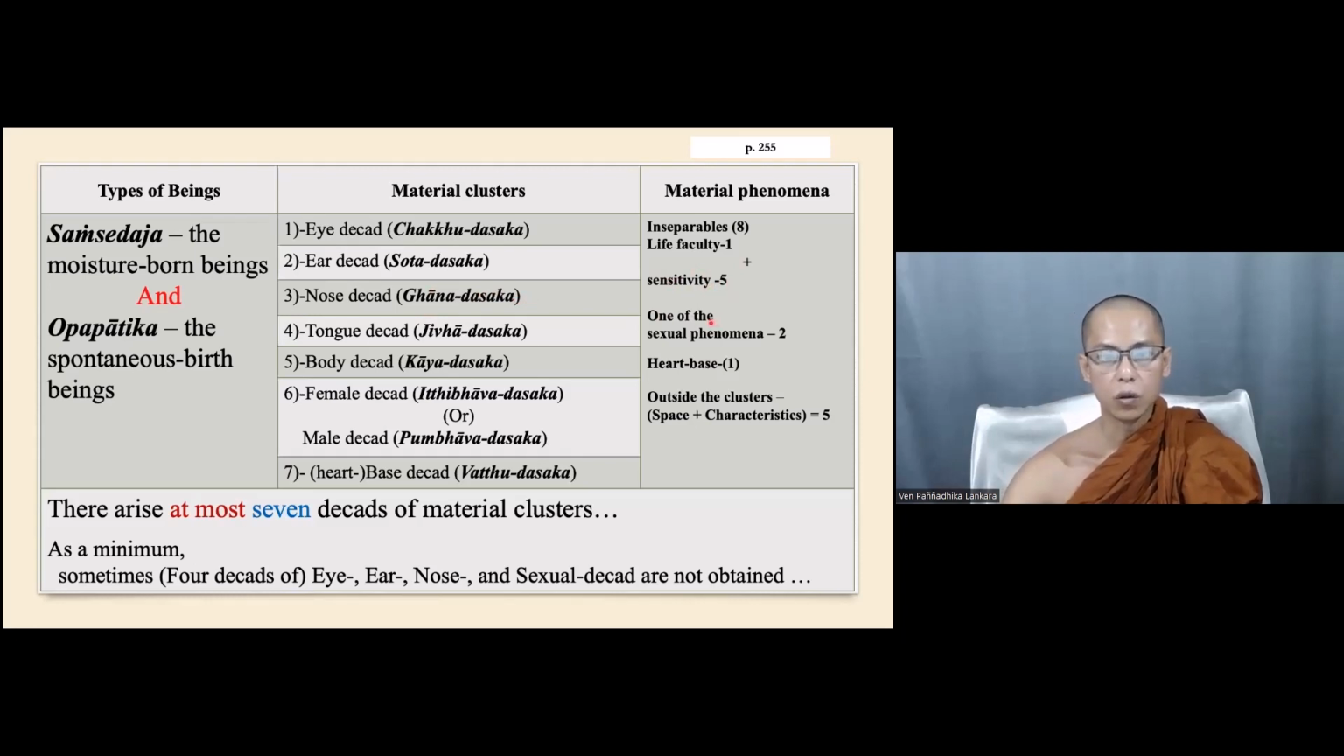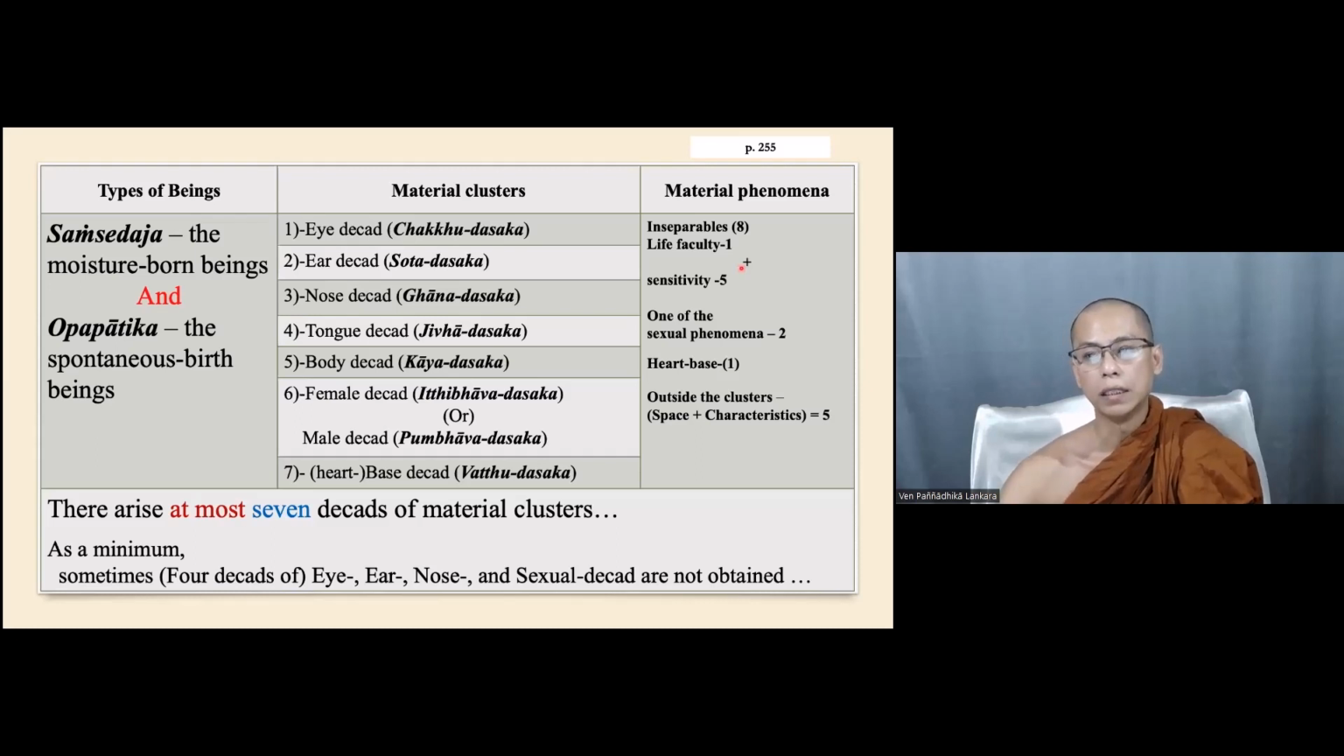And also, due to the sexual cluster arising, Itthibhava Dasaka and Pumbhava Dasaka, we can find one of the sexual phenomena. And for the heart base, the heart base decade decays. Outside the cluster, if we find